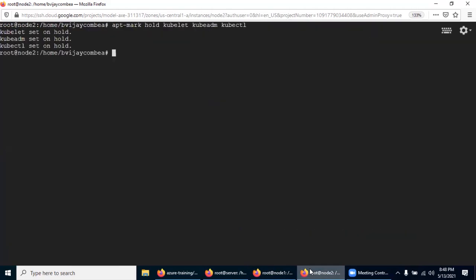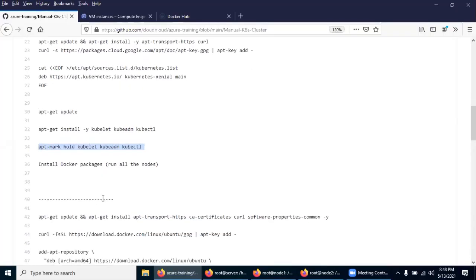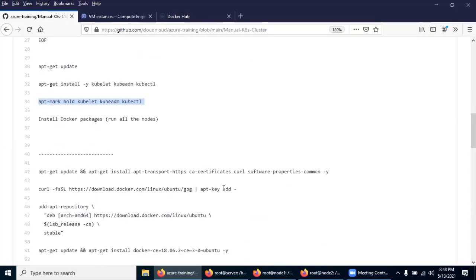So far there is no error, well and good. Now we are going to configure and install Docker.